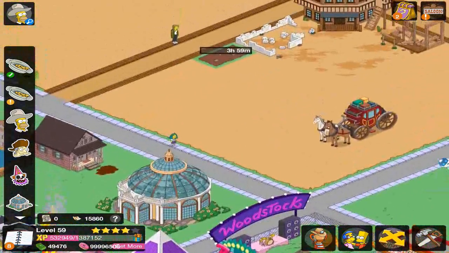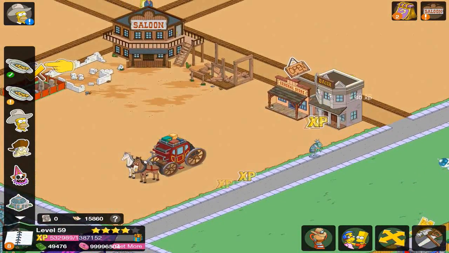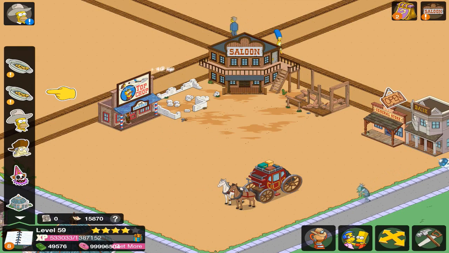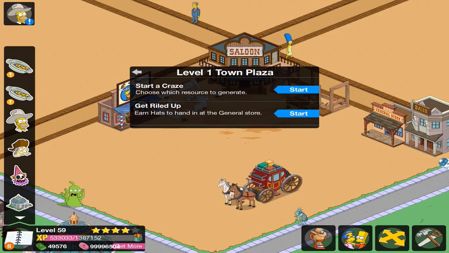And speed this one up. So that's what the bank looks like, and that's what the top chop looks like. Cool, cool. So the next item is...